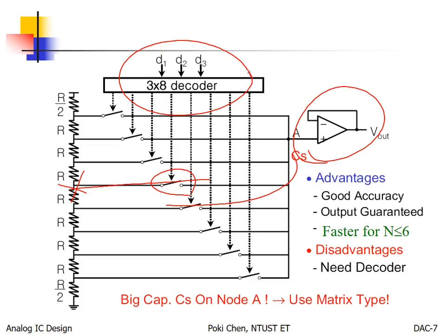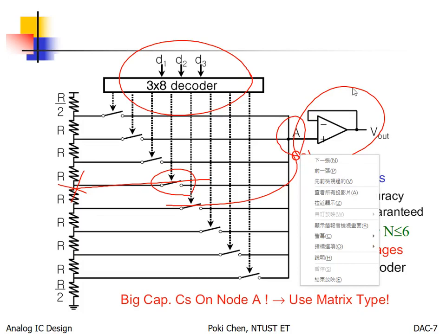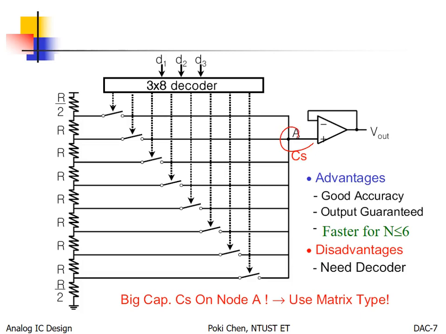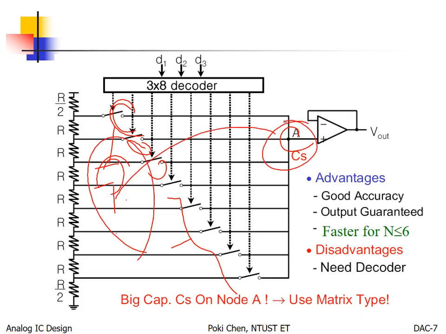The second problem is, for node A, it needs to face all the switches. Nothing is perfect. Each switch will have parasitic capacitance. The capacitances add up for node A, so you have huge capacitance here. So from the beginning, you hoped with such a structure you could speed up the operation. But sorry, because of the huge capacitance here,